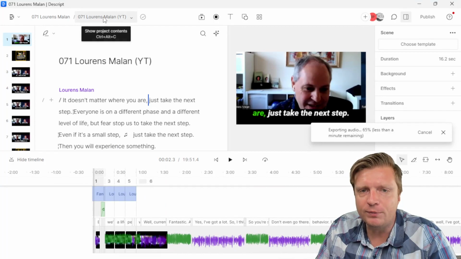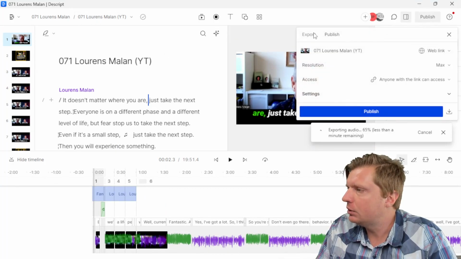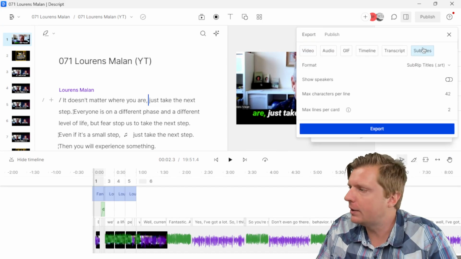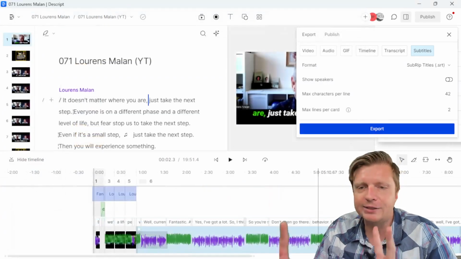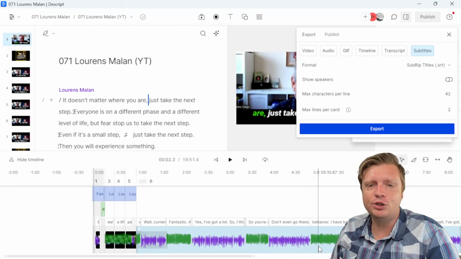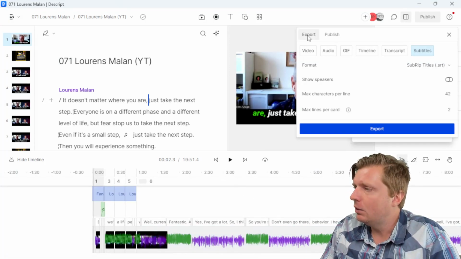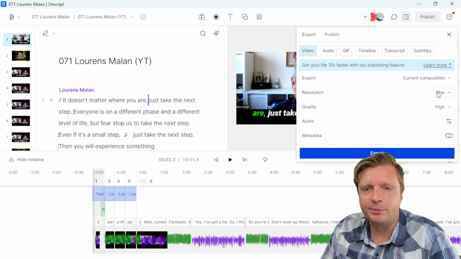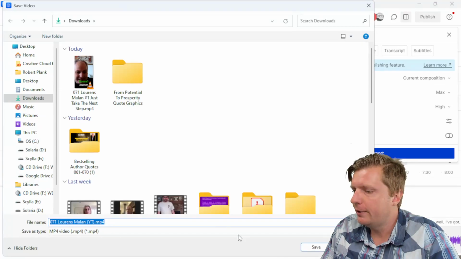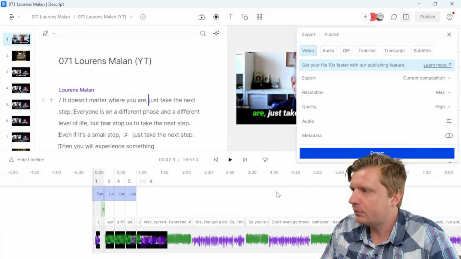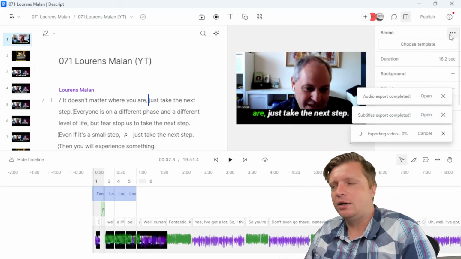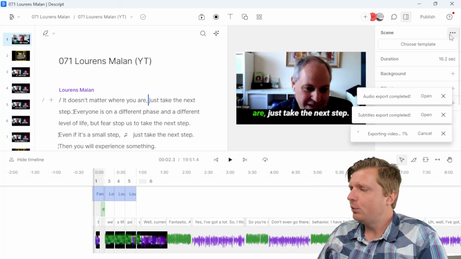So we're in the YouTube version, and what we want to do is publish, export, and we want to export these subtitles. So just click on the subtitles, leave the settings as is. That will dump an SRT file that we will give to YouTube in addition to the video, and then also publish export video, and then just leave all this at the maximum quality and click on export. And then when we dump out that file, here we go, that will take a lot longer,